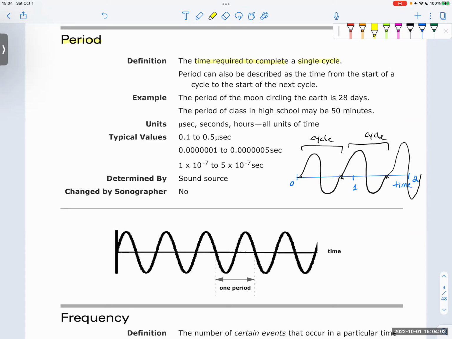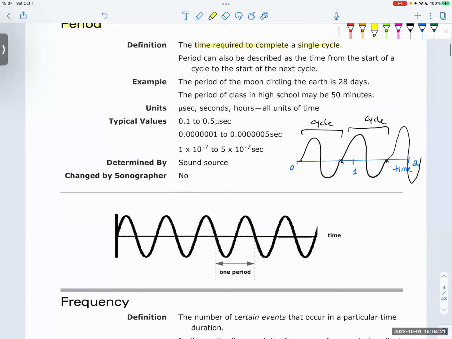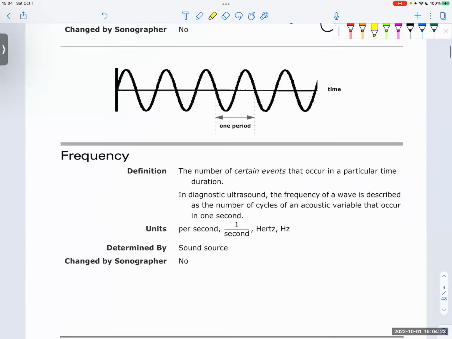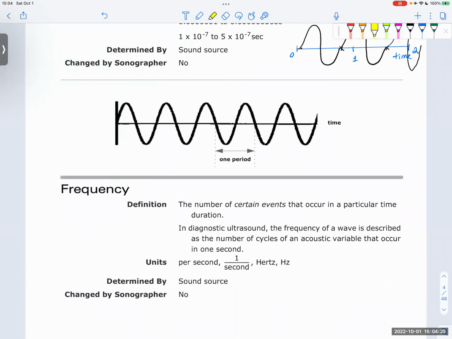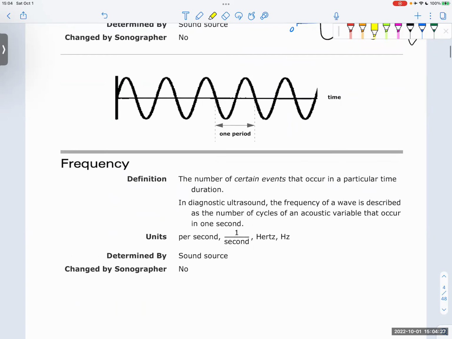This period in an ultrasound wave is usually described in microseconds, since the ultrasound we use will have a very high frequency, hence the name ultrasound. So the period will be very short, and I'm going to explain that in a few seconds. To define the frequency, which we will bring back with the period, frequency is the number of cycles